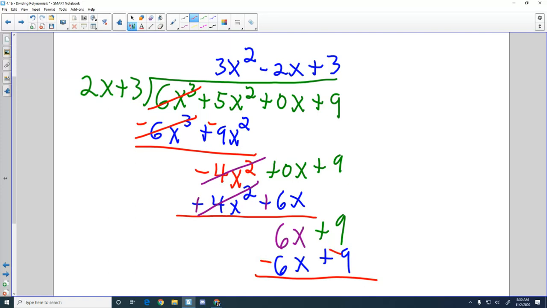And hey, what happens here? Right? That cancels out. That's a 0. That cancels out. There's no remainder. You don't need to write the plus 0 over 2x plus 3. It just works out nicely. And our answer